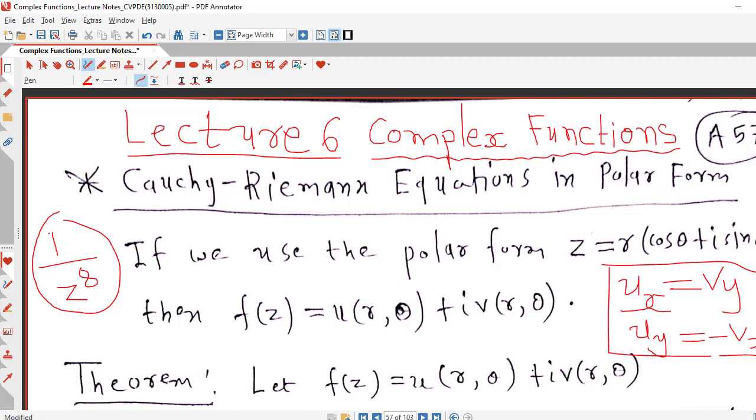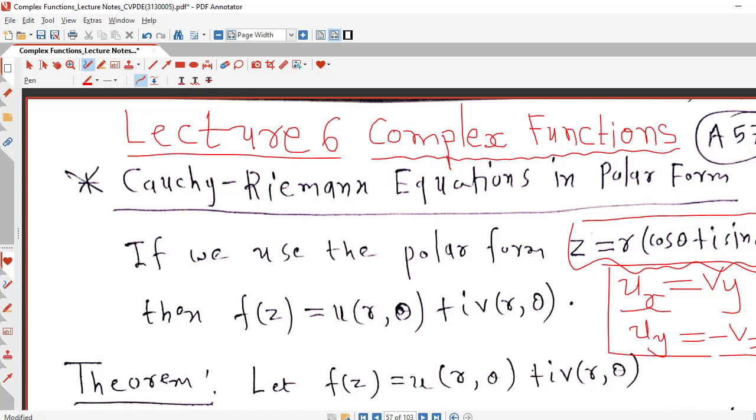So if we have this type of function, it is better to use the polar form of the complex number, because using De Moivre's formula we can easily find the power of the complex number. Now if we are using the polar form z equal to r into cos theta plus i sin theta, then we know that for z equal to 0 the polar form is undefined, because for z equal to 0 the argument theta is undefined.